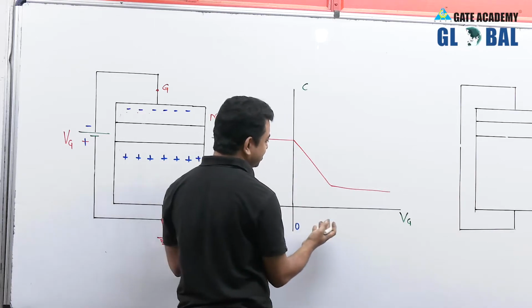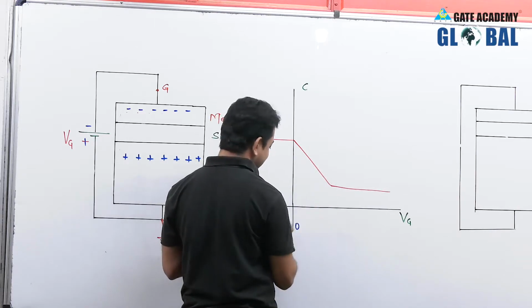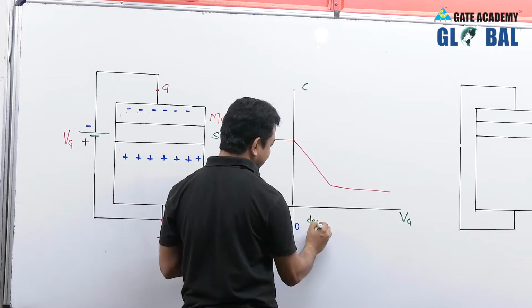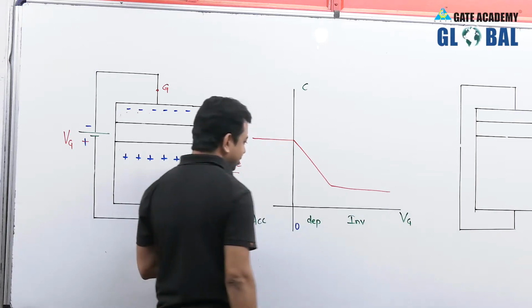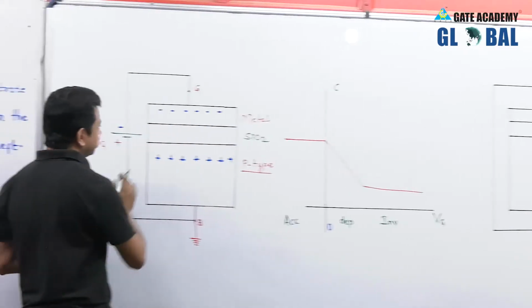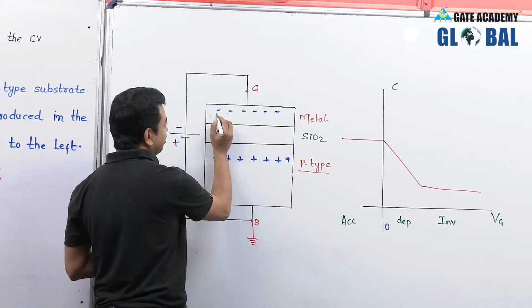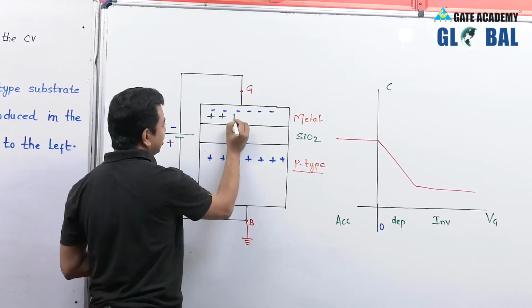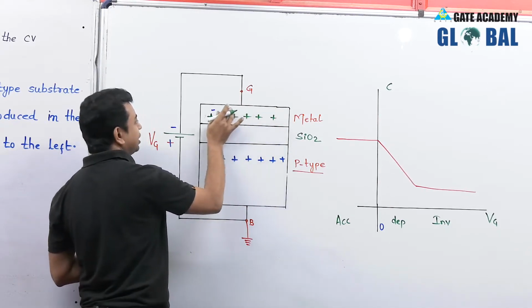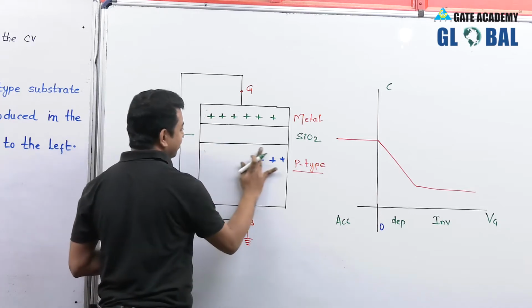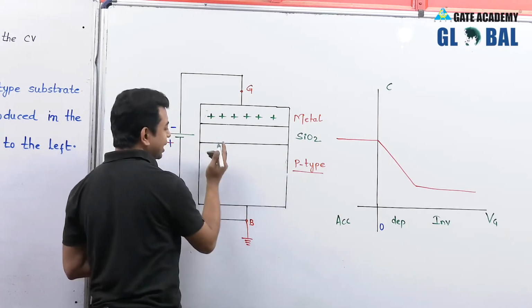And if we are applying a positive voltage here, not negative, positive, that means toward the right side of this, the first one is accumulation, after this we are having the depletion, and after this we are having the inversion. So we can use this. So after negative voltage, we are applying a positive voltage, that means greater than 0.